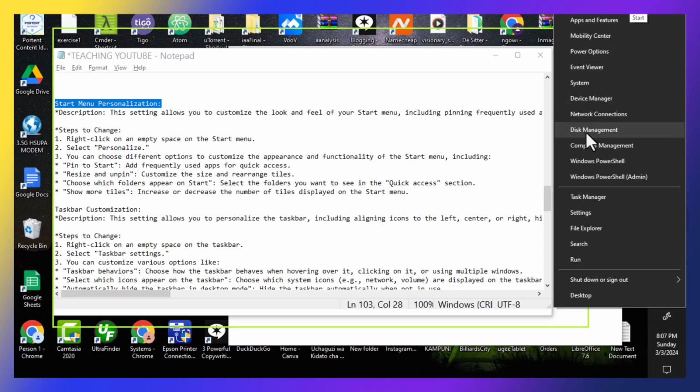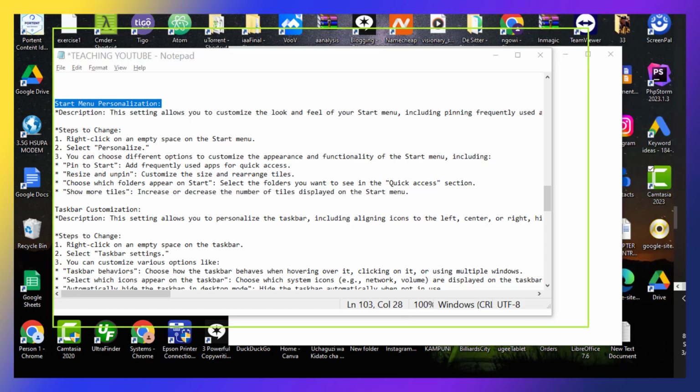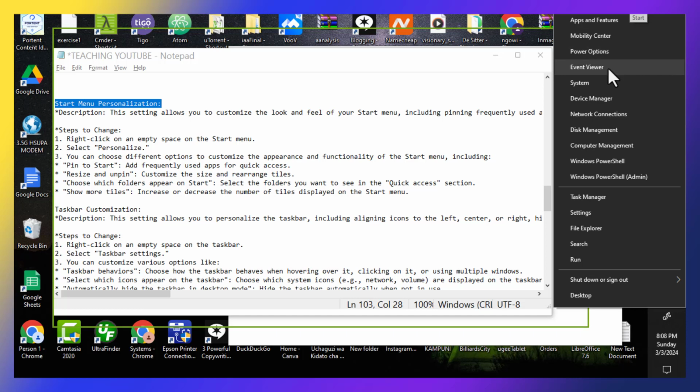As you can see, we don't have personalization. So we don't have their personalization. Okay, and you can choose different options to optimize the appearance and functionality of the start menu, including pin to start, add frequently used app to quick access,